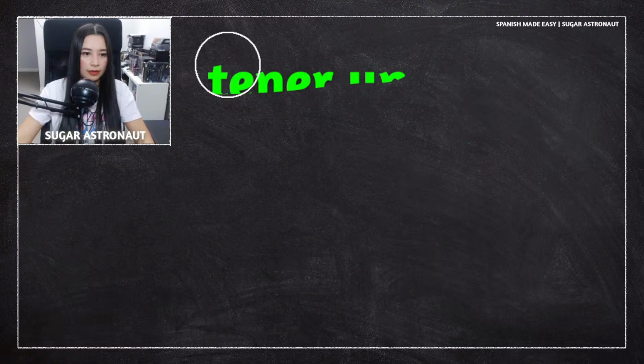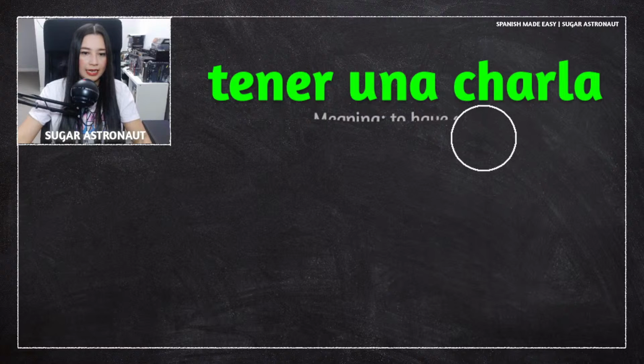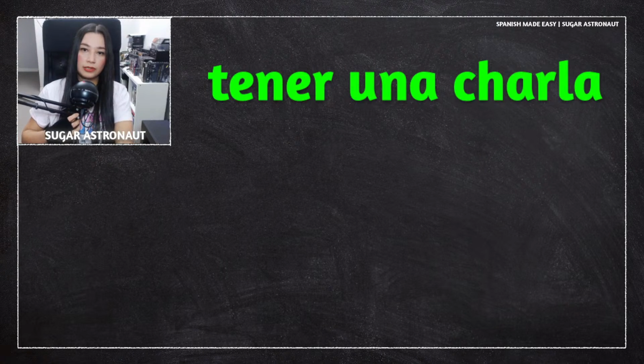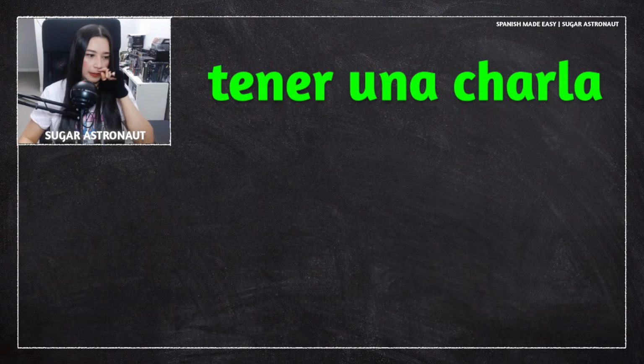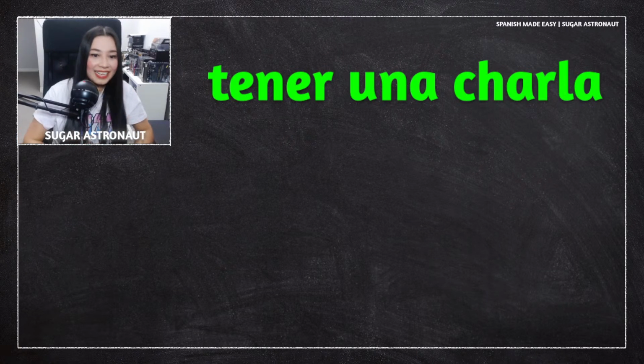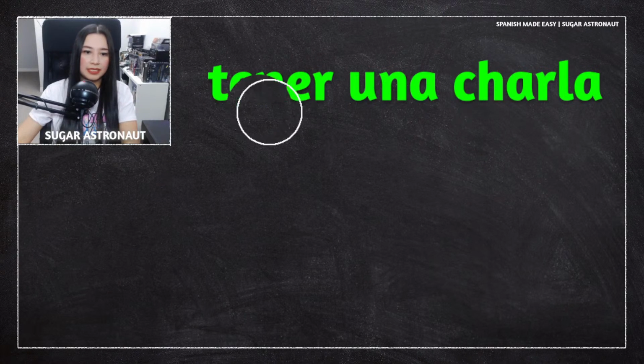So the phrase is tener una charla. Tener una charla. What does this mean? Charla sounds like charlar. We talked about that verb, charlar. So what is charla? Charla. Tener una charla. This means